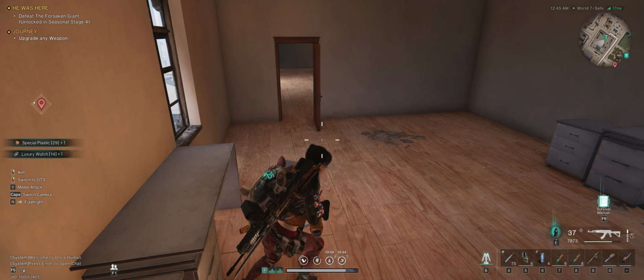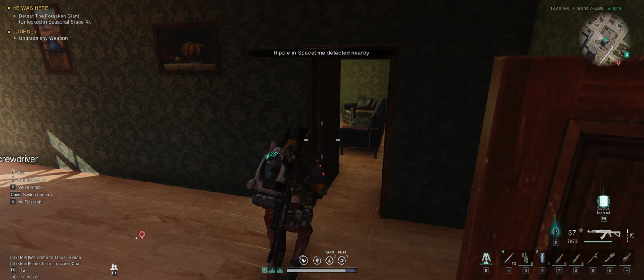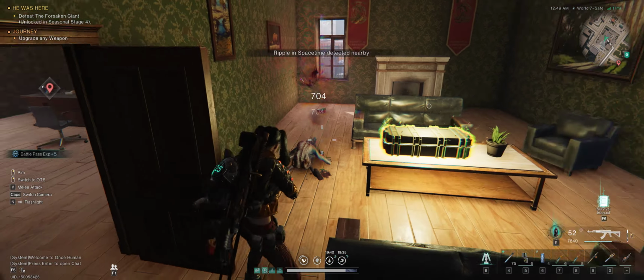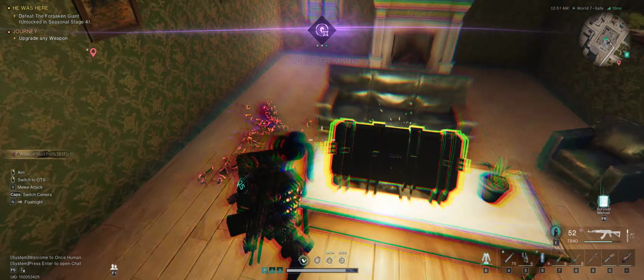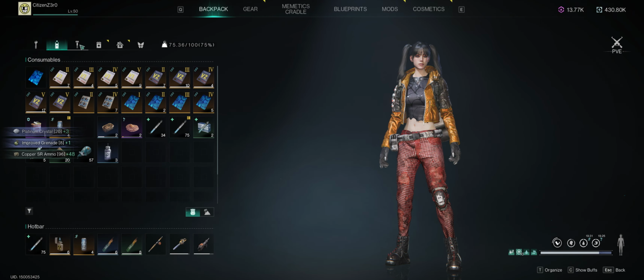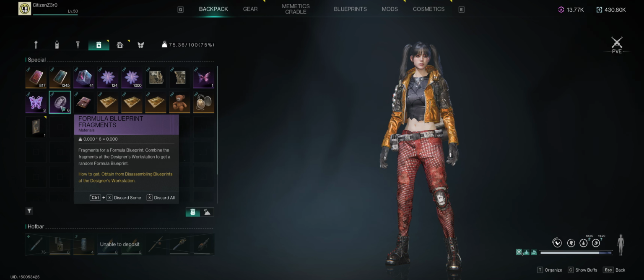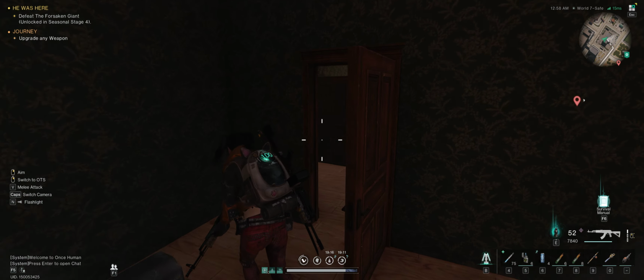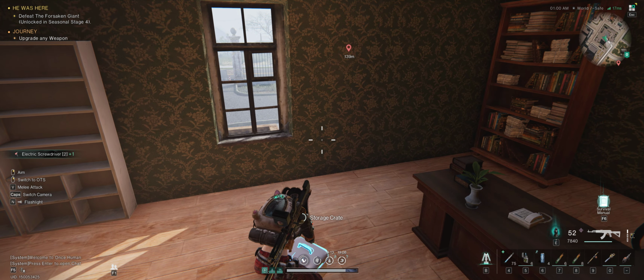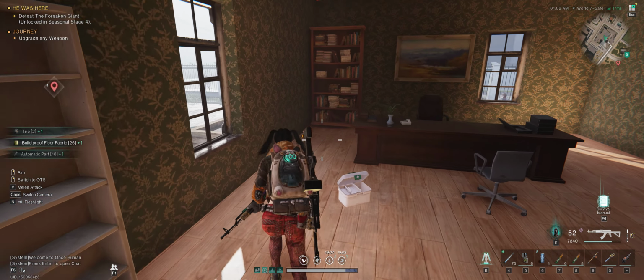What I'll do at the end of this run, since I just got some duplicates there, is I'll show you what to do with duplicates. You need the designer's drafting desk. With the designer's drafting desk, what you'll be able to do is break down any extra formulas that you get, and what you'll break them down into is these little tokens right here, these formula blueprint fragments. And then what you can do with these fragments is then you can, oh, actually I didn't get the formula. It was just the item. Bummer. You can break those down, and then after you get, depending on if you want to do a common or a rare pull, there's an RNG thing where you can randomly craft